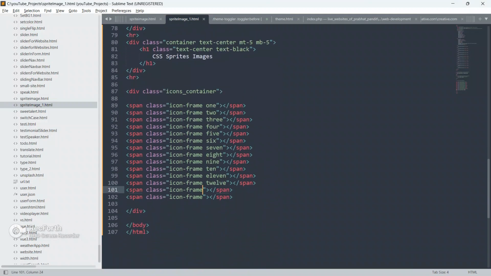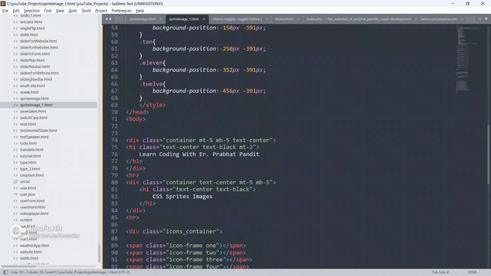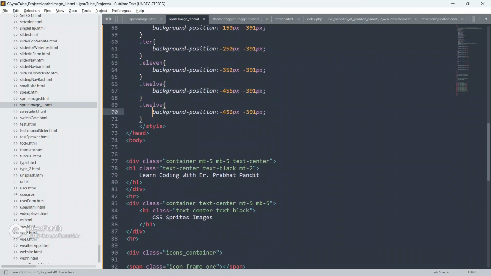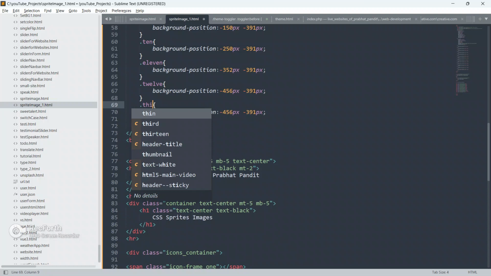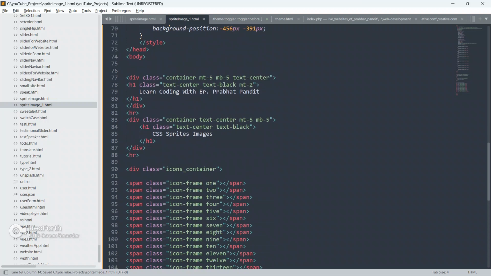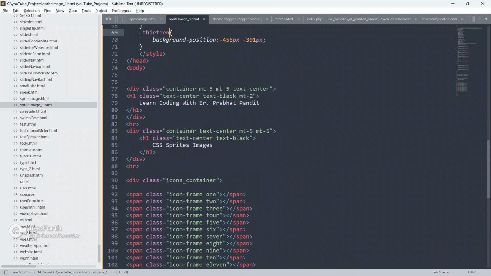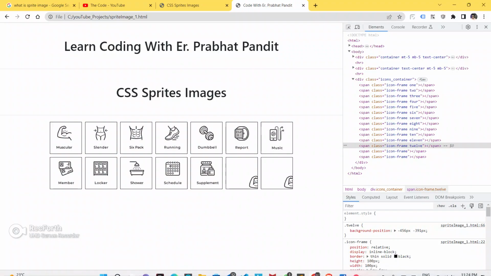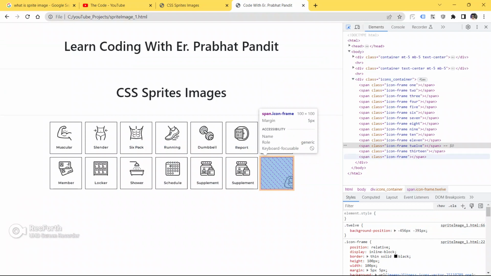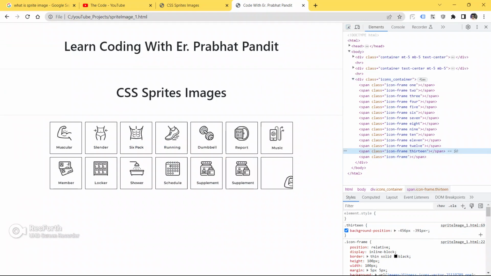So I'm going to go inside the code and create another class as 13. Go up and make this as 13 also. Save your code, go to the browser and refresh your page.